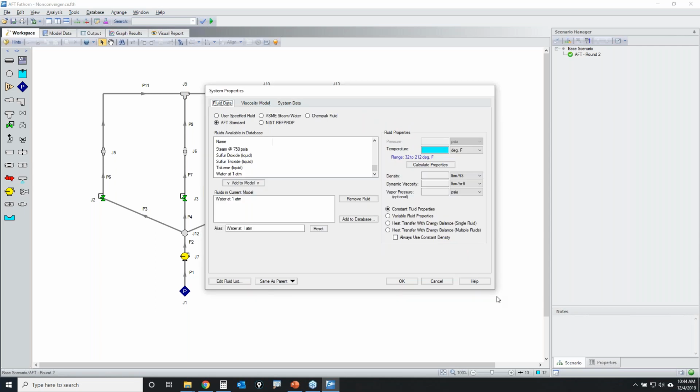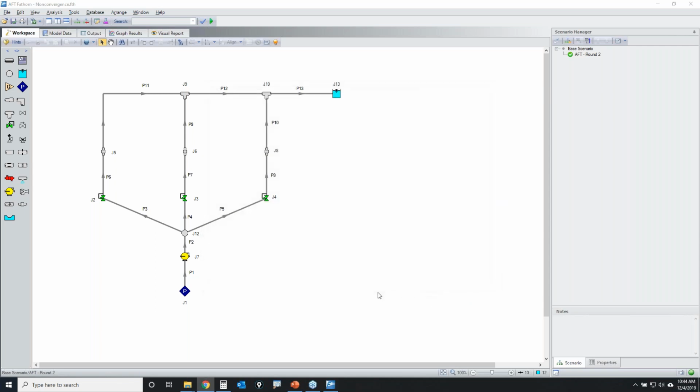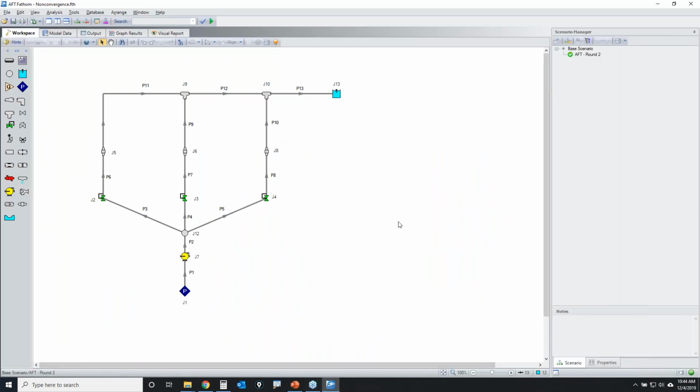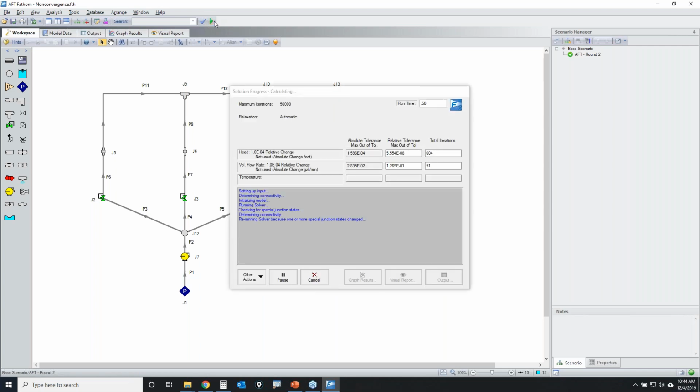All right, so those are the things that I look at in the fluid or in the system properties window. Now before I go on to the next steps, let's just go ahead and run the model and see what's happening. Again, the model came to me in this particular state. When I click on run, the user said the model just takes forever to solve and it never gets to an answer. Well, we could sit here for an hour or two and wait for the model to converge, but it may not ever converge. So to prevent that,